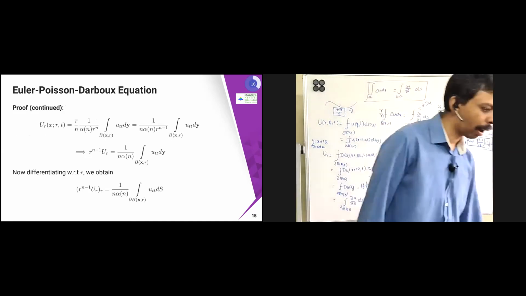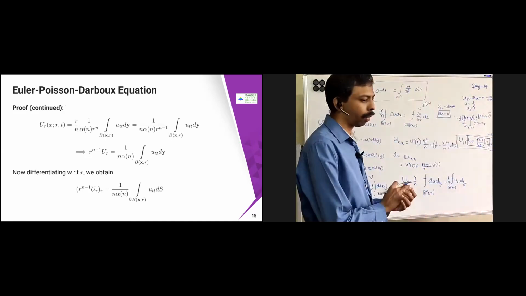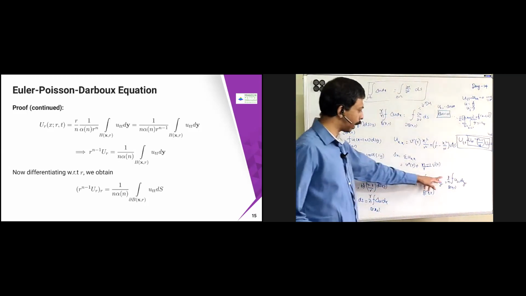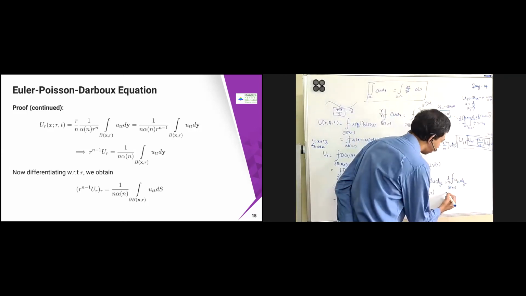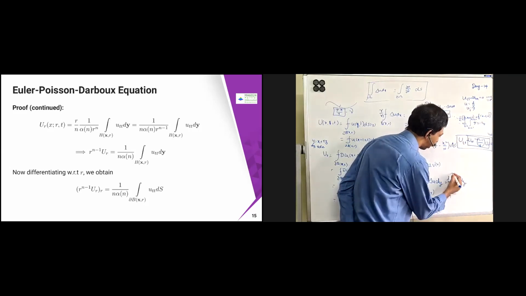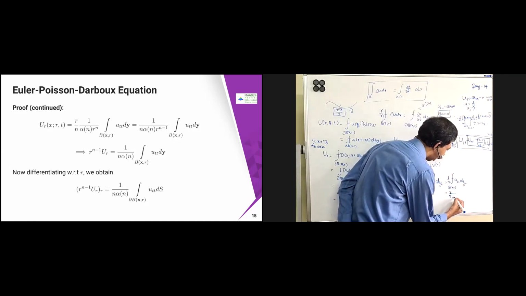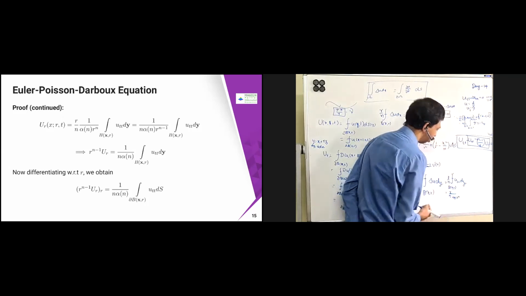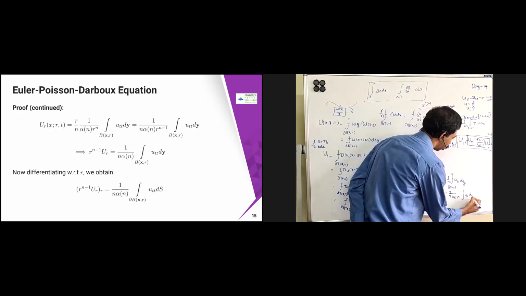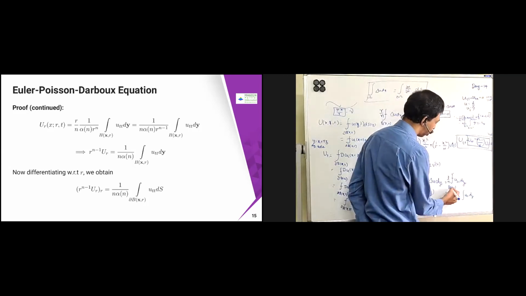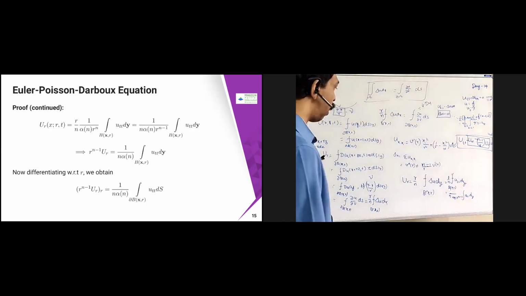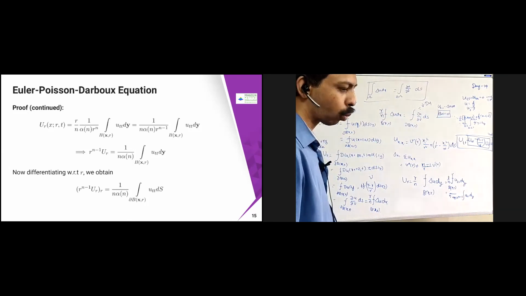Fine. Now what do we need to do? We have to find something different. So u_r is this: r by n into u_tt dy. But what is the average of that? If I take this average, I have to multiply by alpha_n into r to the power n. I am just expanding this integral of u_tt dy. Therefore r will get cancelled and we get 1 by r to the power n minus 1. Now what is this one? n alpha_n r to the power n minus 1.